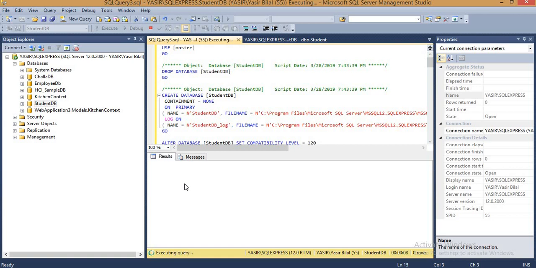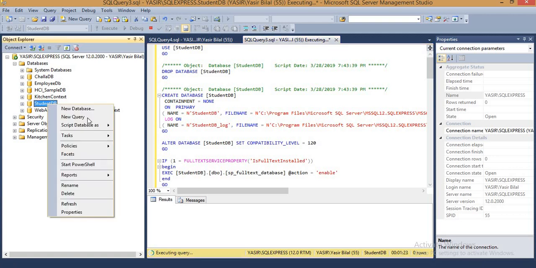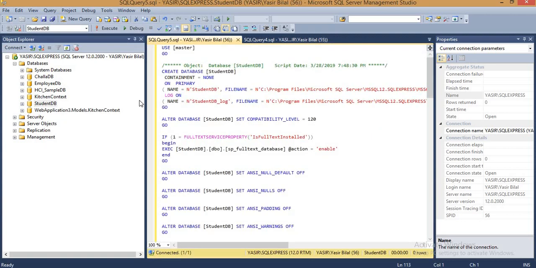It's dropping and recreating this database again. It's executing. It's taking too much time. Let's try using the create to statement, create to new query window, and